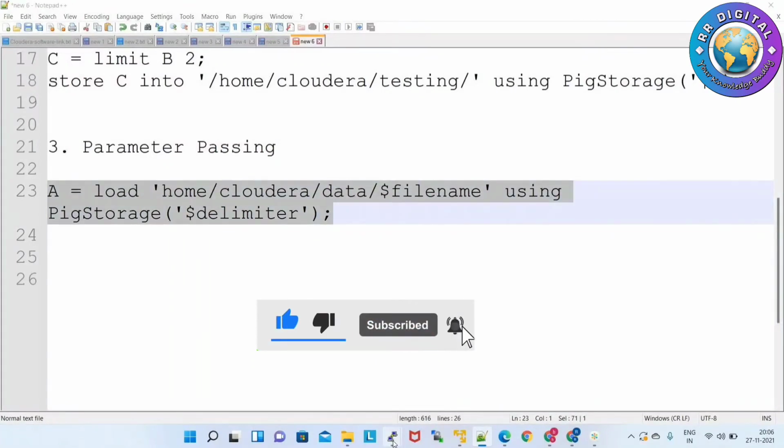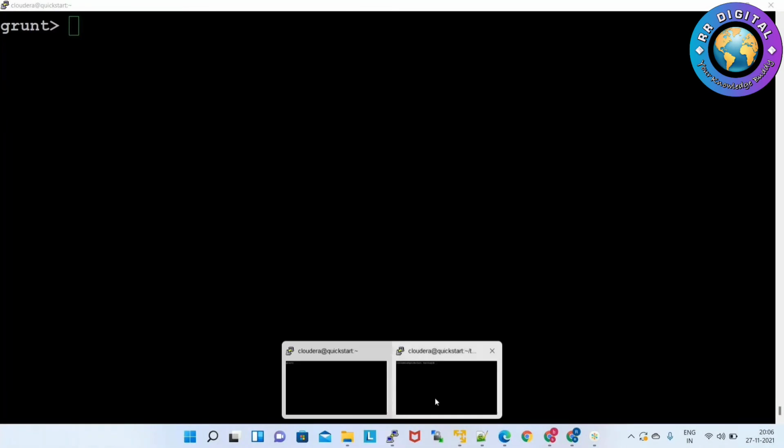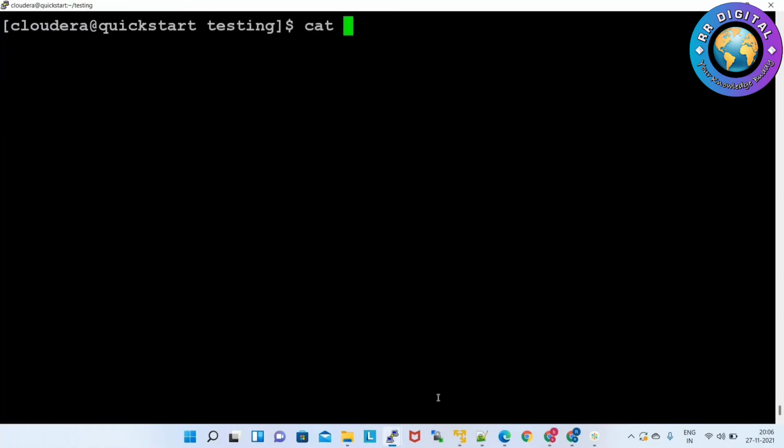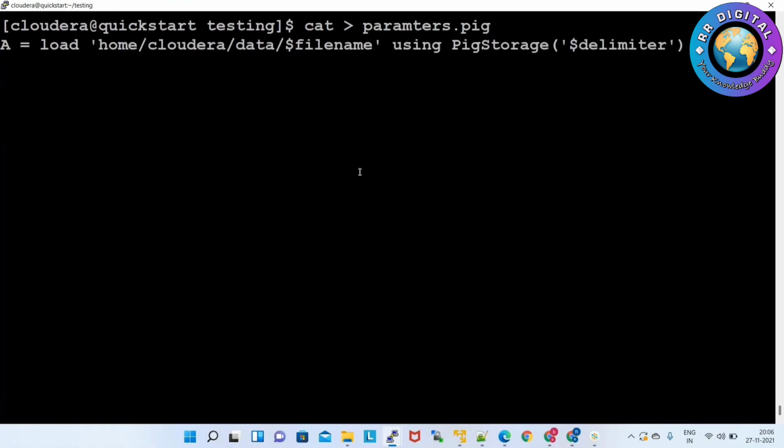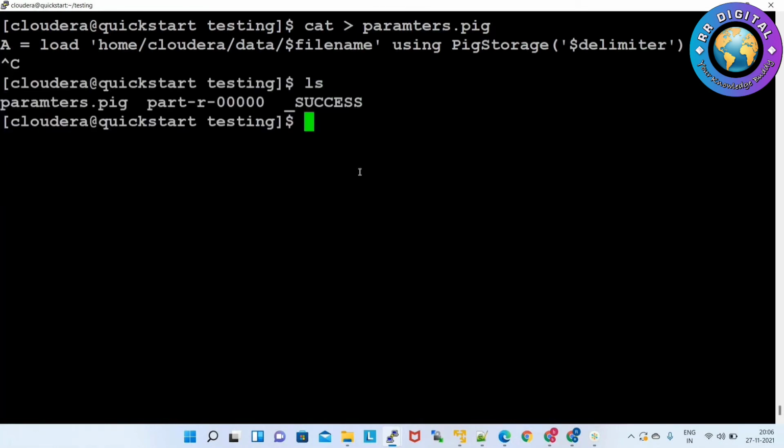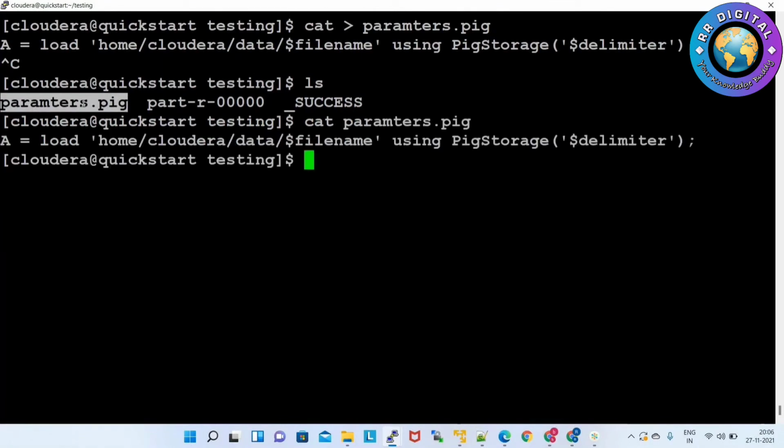I will create one script for this: cat greater than parameters dot pig, the script name, then Control C. ls, so parameters dot pig is available. cat the script, and inside the script the query is there.